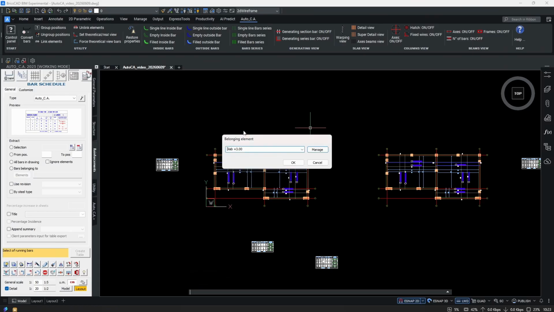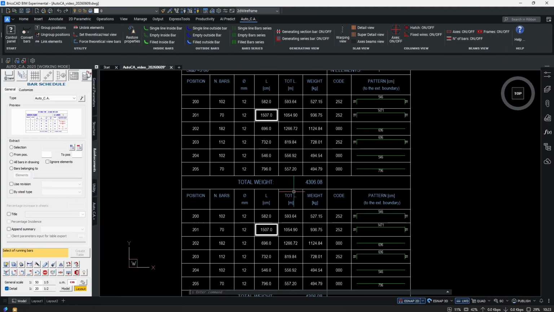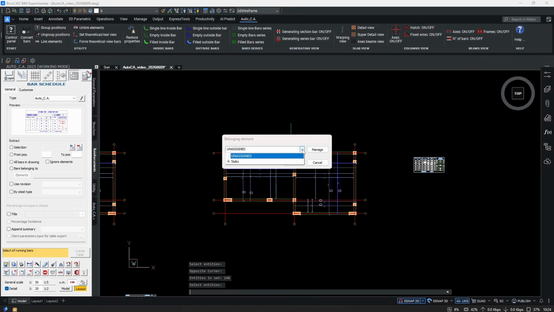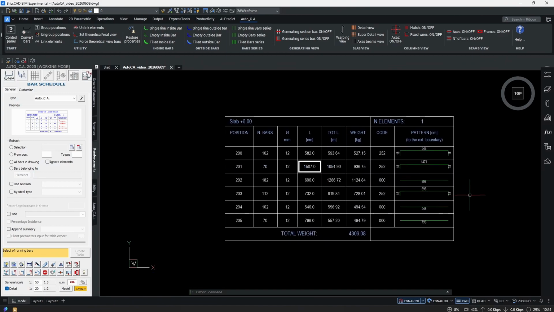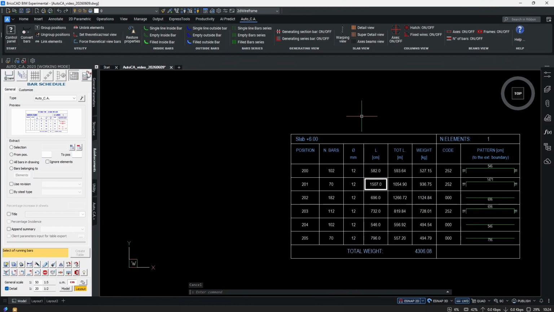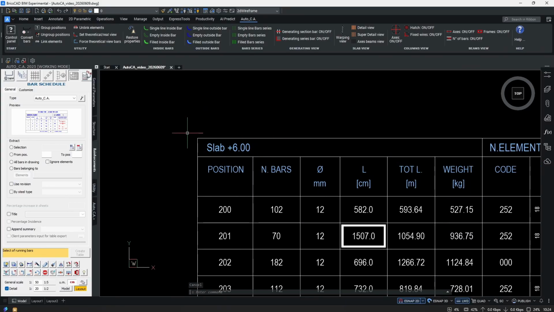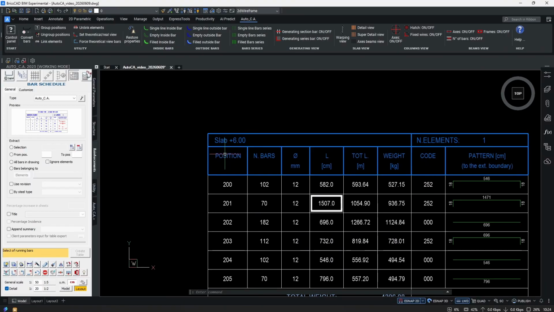And now we have our new category with these two elements. This one, the first slab, is gonna be the lower one on the +3 meter level. And you can see that some tables have already changed. And let's assign these bars to the +6 level. Okay, and this table changed as well. What's the difference? Well, the name of the list got enlisted here, so we can see clearly that these bars belong to the